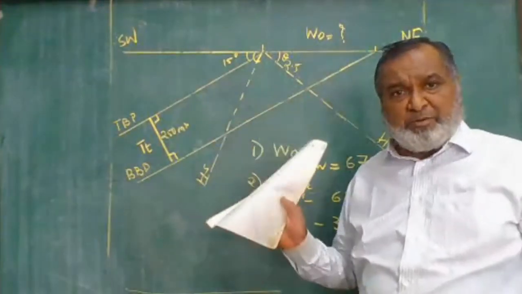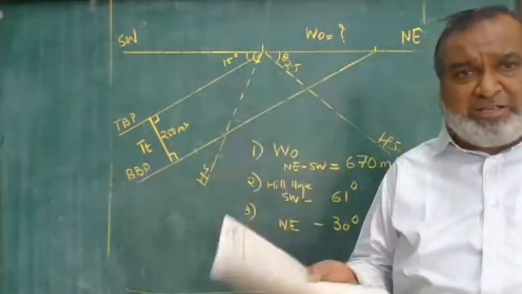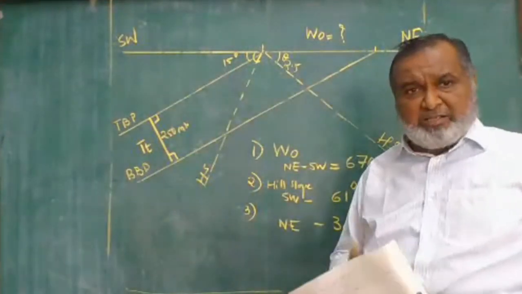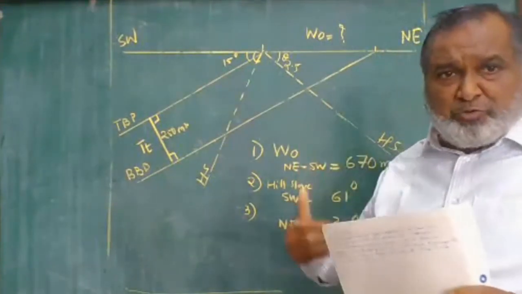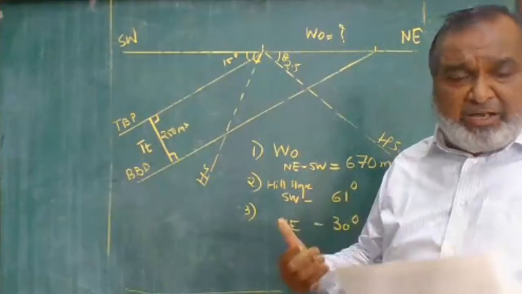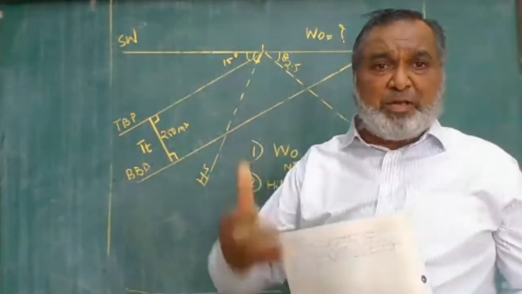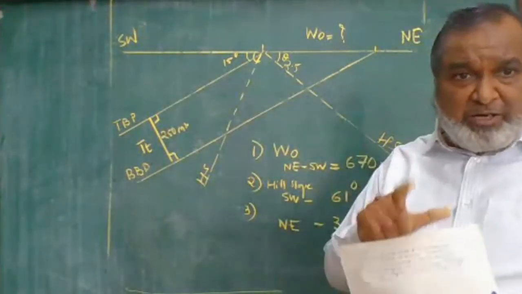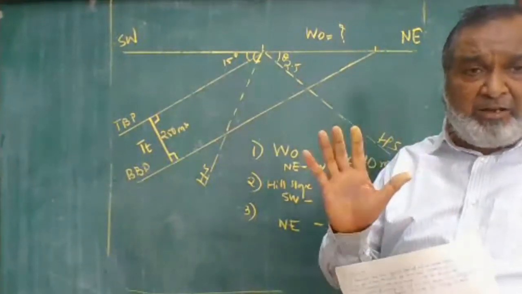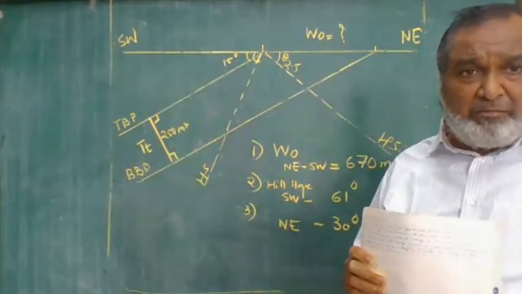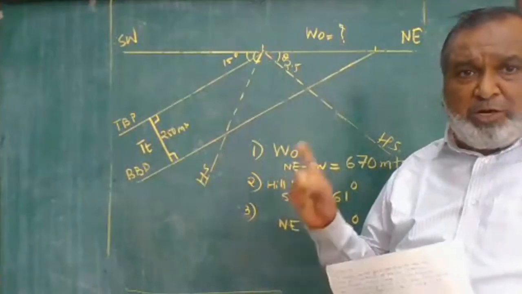So whatever the solved problems, we can solve all the 9 problems which are there. We already solved some of the problems. Take out the answer with this sheet, and whatever the exercise there, 1, 2, 3, 4, 5, 9 problems, attach, and next practical what we have, before that you have to submit. So those who have not submitted, on Thursday, till Wednesday night 12 o'clock, we have a time. But Thursday if you put, I'm not giving you the marks. So exercise will be there, 1 to 9 problems.